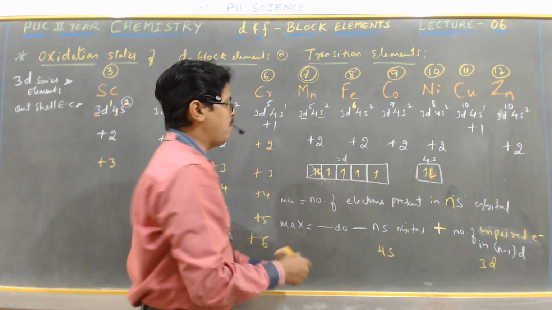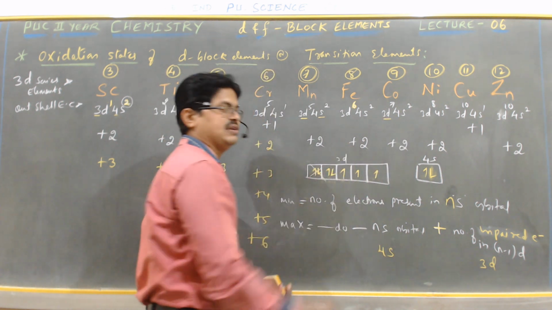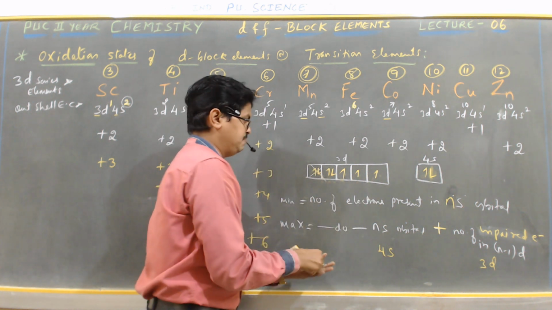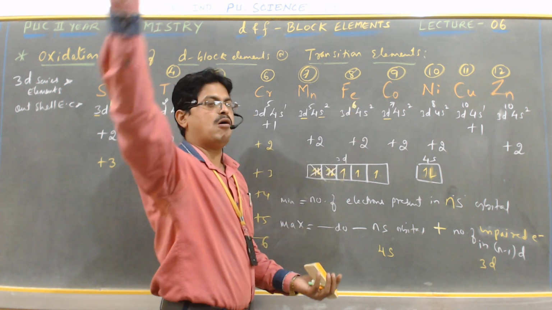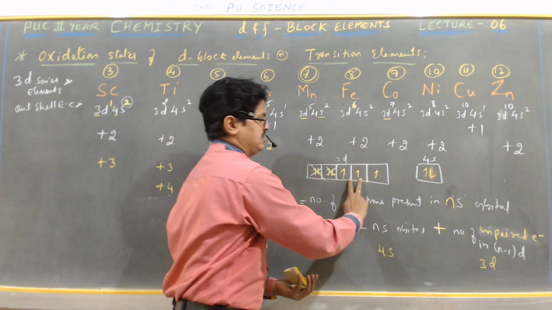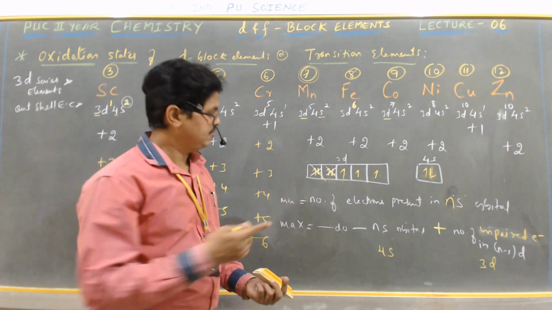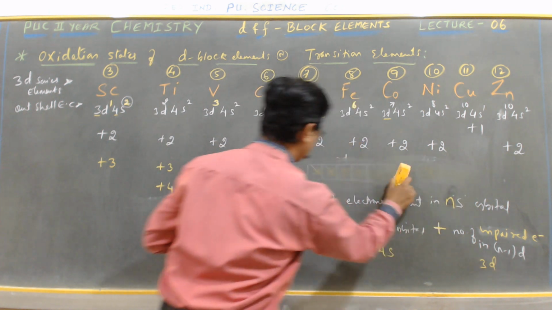In the case of cobalt, 3d7 means another electron pairs: 1 2 3 4 5 6 7. So these paired electrons are not involved in bonding. So now the cobalt maximum oxidation state is 2 plus 3, 5. Maximum is 5. Getting it? Okay. So let me list it like that. Other oxidation states now. Look at.